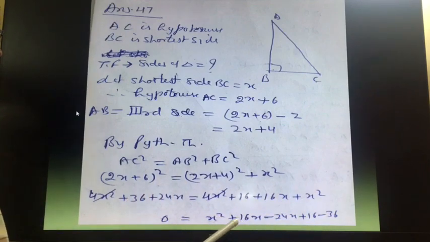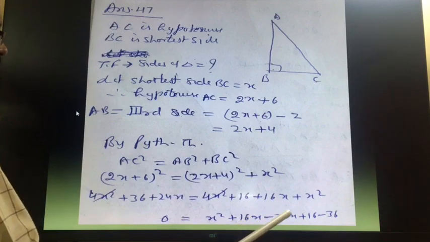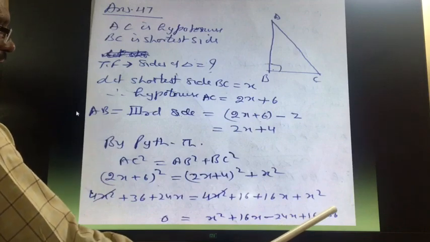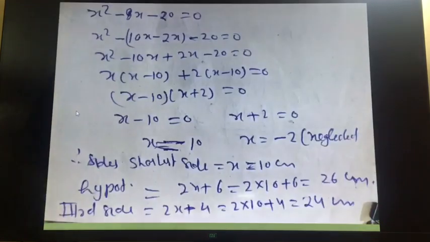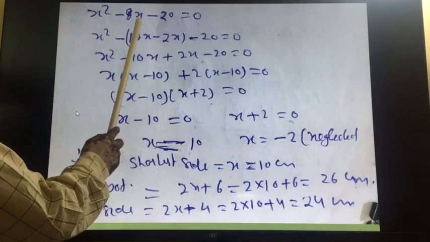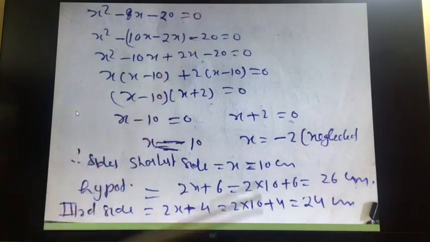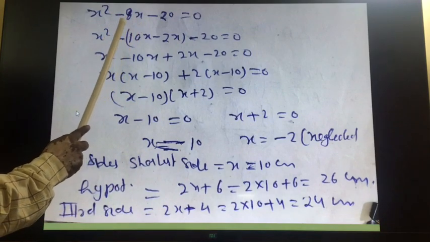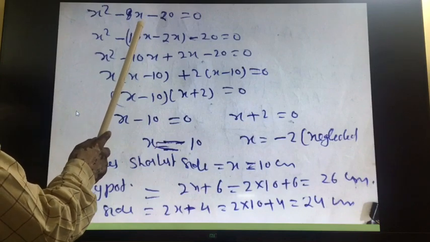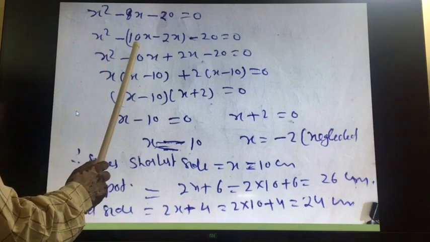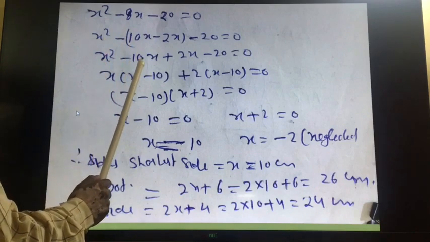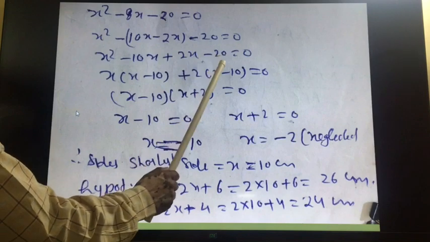So x square plus, now subtract: 24 minus 16, minus 8x, plus 36 minus 16, so minus 20. So we get the equation x square minus 8x minus 20 is equal to 0. After that, by the method of splitting the middle term, we can simplify this. So 8x we can write as 10x minus 2x. After opening the bracket, we will get x square minus 10x plus 2x minus 20 is equal to